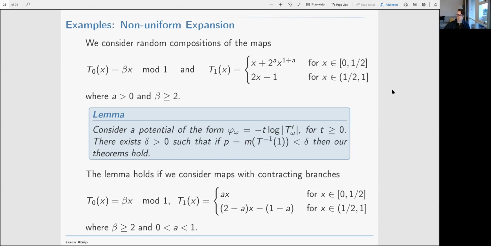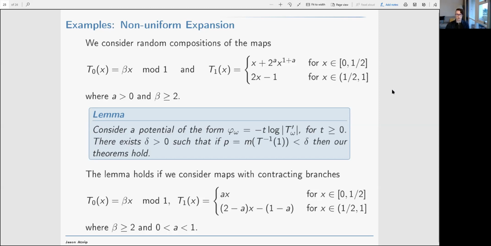Okay, and there's actually nothing special in this example with respect to the Manneville-Pomeau map. We could in fact replace it with one that has contracting branches, where we have points whose derivative is even less than 1. So if we again look at a T0 map, which is just a beta transformation with beta greater than or equal to 2, and we replace our T1 map with this map that is contracting on this first branch,